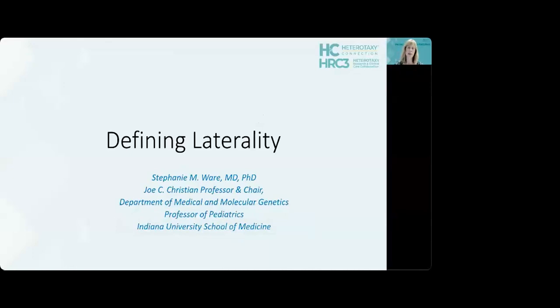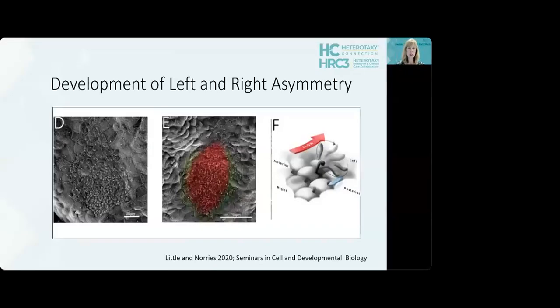Couple topics of interest and to begin to frame a conversation that I hope will carry on after the meetings over the next 2 days. So to start, I just want to remind everyone that laterality really starts during early embryonic development before the organs